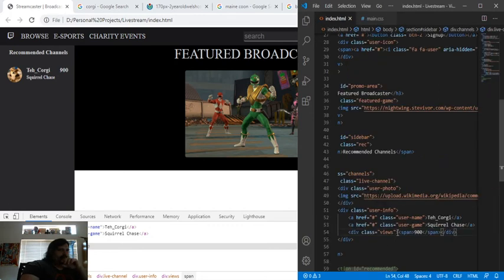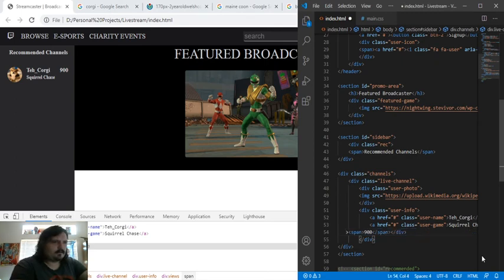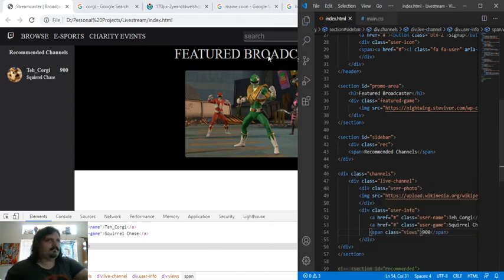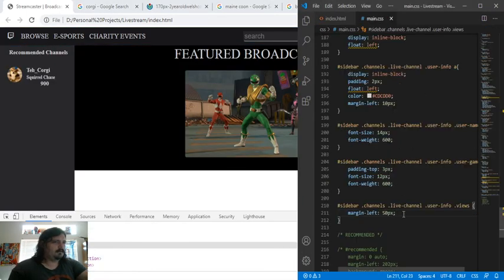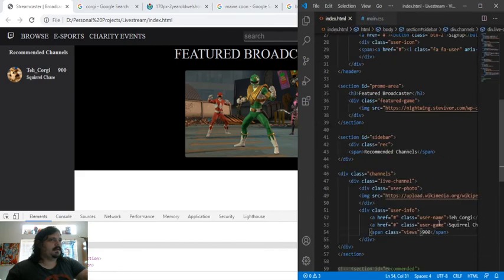Let's just give it a span class of views. And then margin left of 20 pixels. And then we are going to do